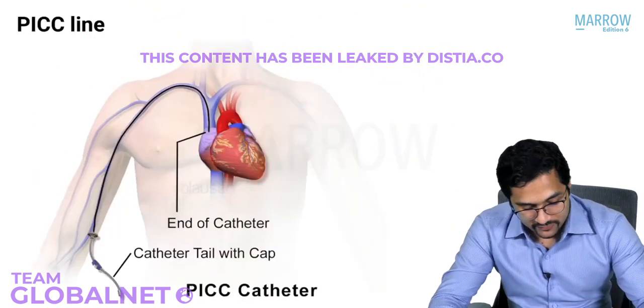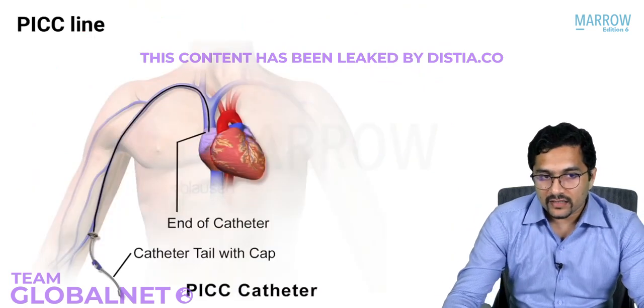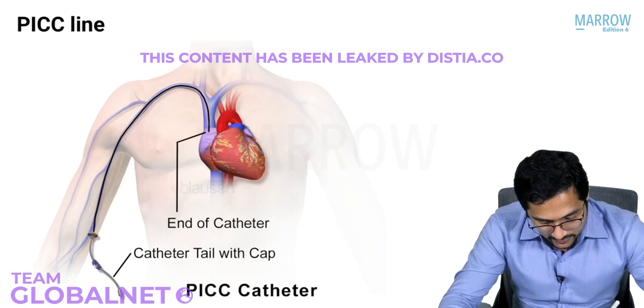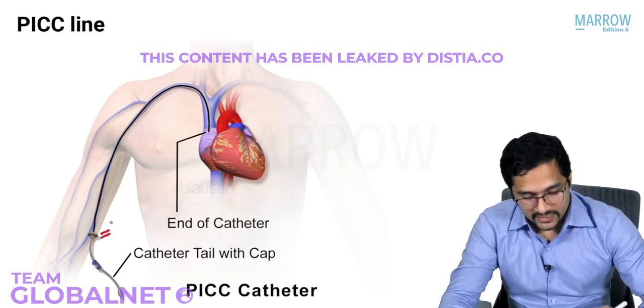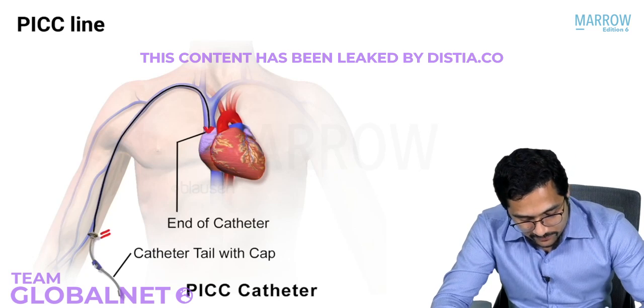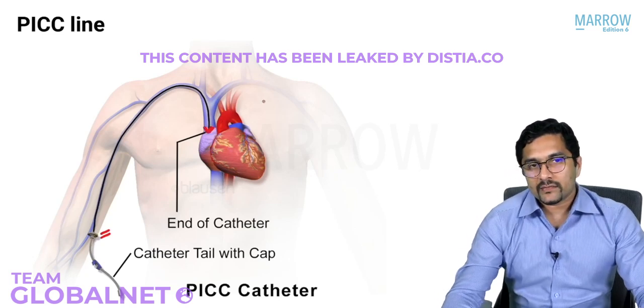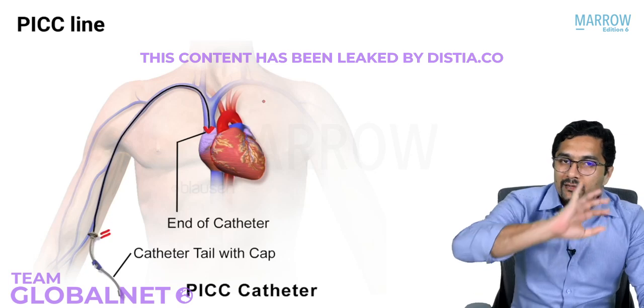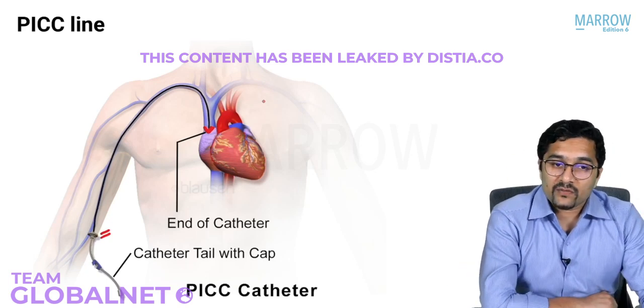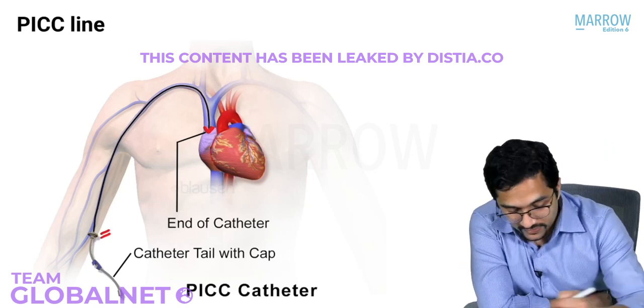PICC line is a peripherally inserted central catheter, like I told you. And in a PICC line, what we do is we insert it like a cannula, but the tip lies like that of a central line. Okay, this is a PICC line. You can see this is a